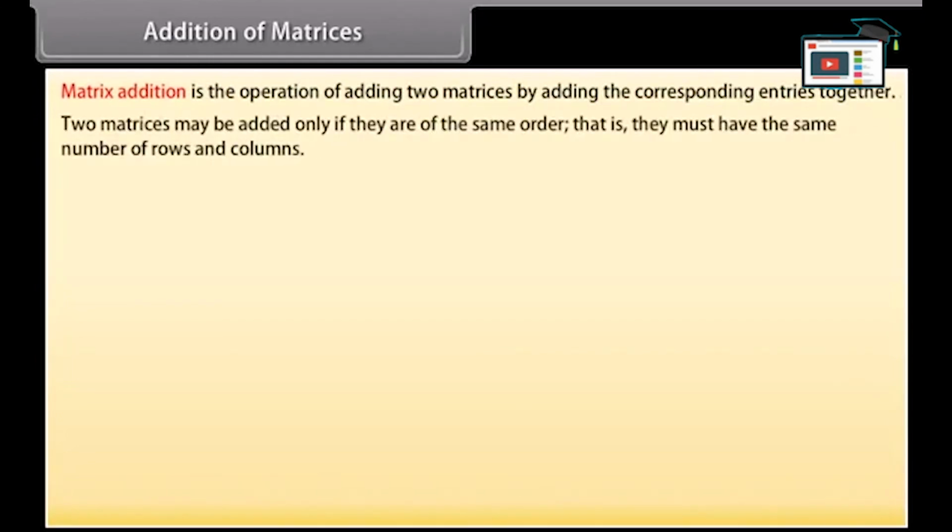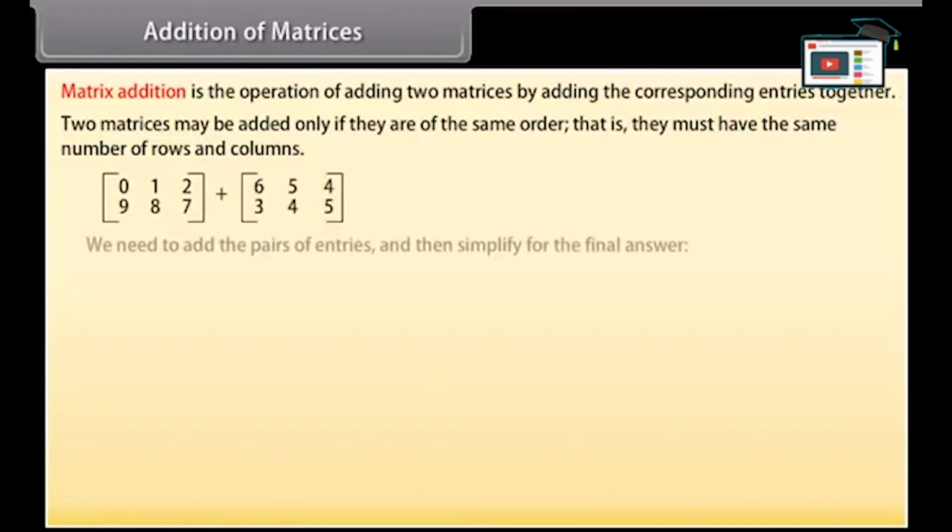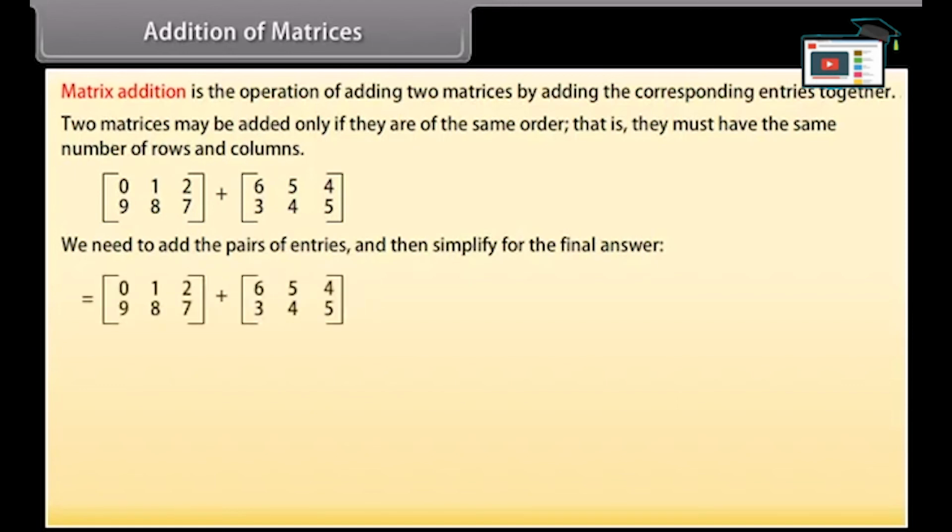Addition of matrices. Matrix addition is the operation of adding two matrices by adding the corresponding entries together. Two matrices may be added only if they are of the same order, that is, they must have the same number of rows and columns. Let's add these matrices. We need to add the pairs of entries and then simplify for the final answer. Row-wise, first row 0, 1, 2, second row 9, 8, 7, plus row-wise, first row 6, 5, 4, second row